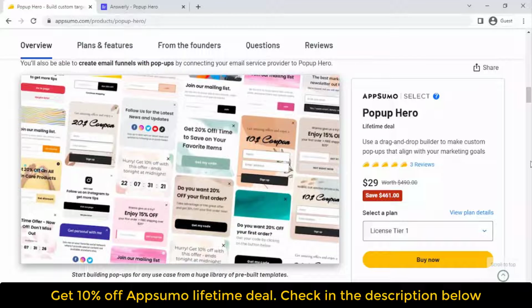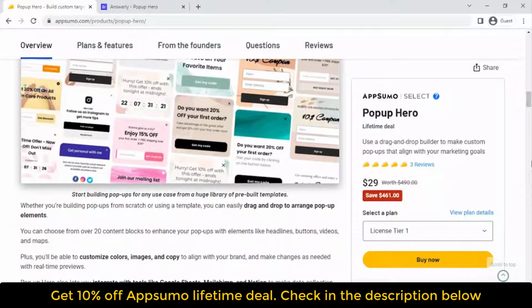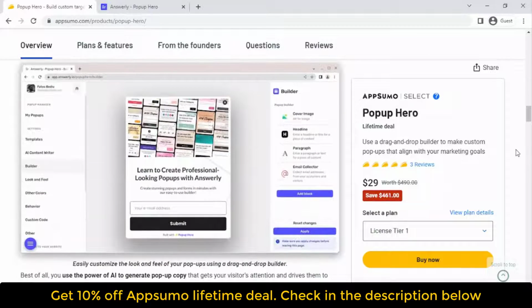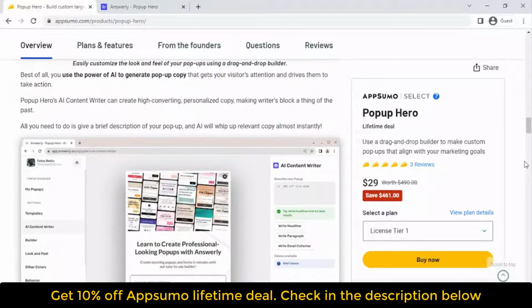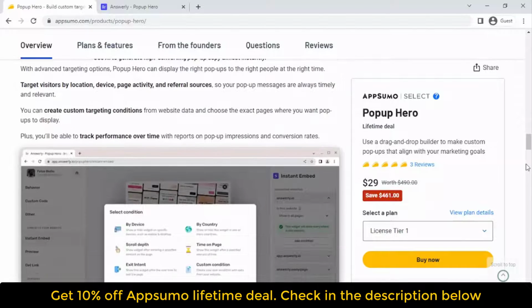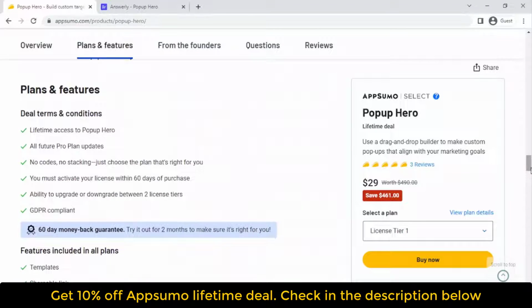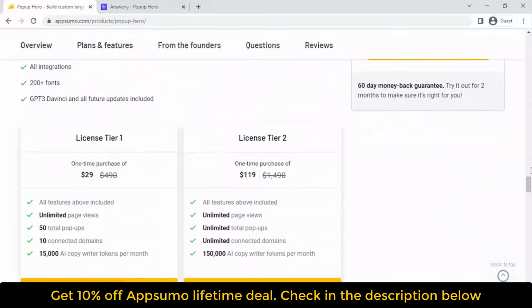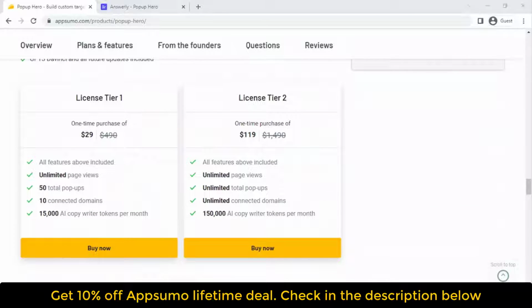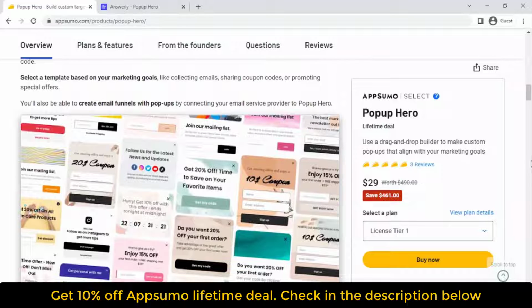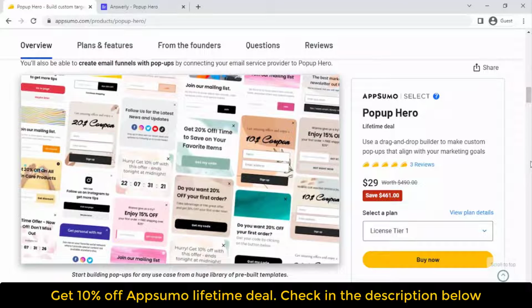and Notion. You can create pop-up copy that engages your visitors and motivates them to take action by utilizing the power of AI. AI will create pertinent material relatively immediately once you provide a brief description of your pop-up. Sophisticated targeting settings enable it to show the appropriate pop-ups to the appropriate users at the appropriate times. In order to deliver timely and pertinent pop-up notifications, you should target users based on their location, device, page activity, and referral sources. Using website analytics, you can build your own targeting criteria and specify the precise sites on which pop-up ads should appear. Additionally, you will be able to monitor success over time with metrics on pop-up impressions and